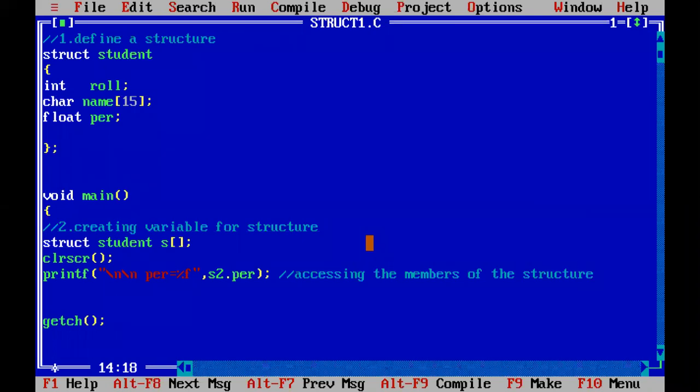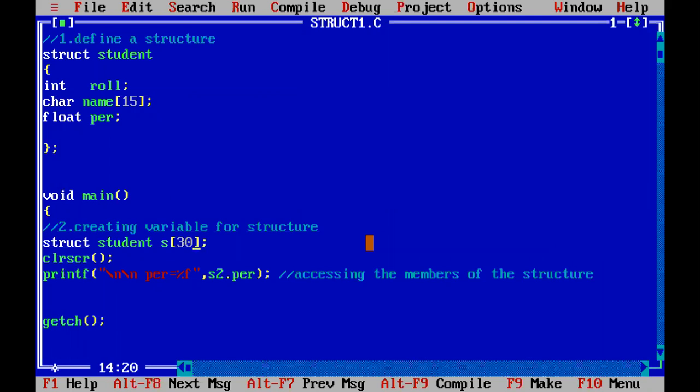60. So if you have only 30 students, you write 30. So what is S? S is a student structure variable. It contains three members. What are the members? Roll number, name, and percentage. Each structure variable will have one separate copy of roll number, name, and percentage.